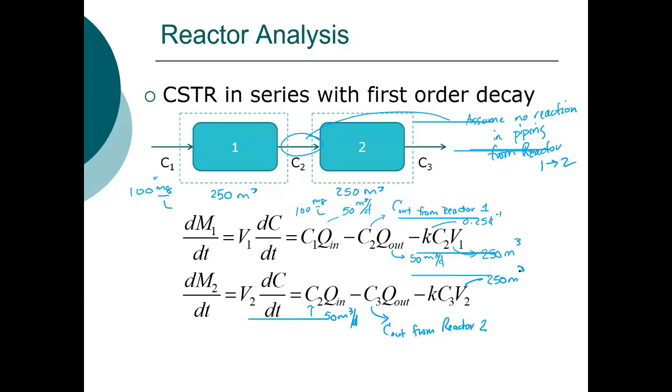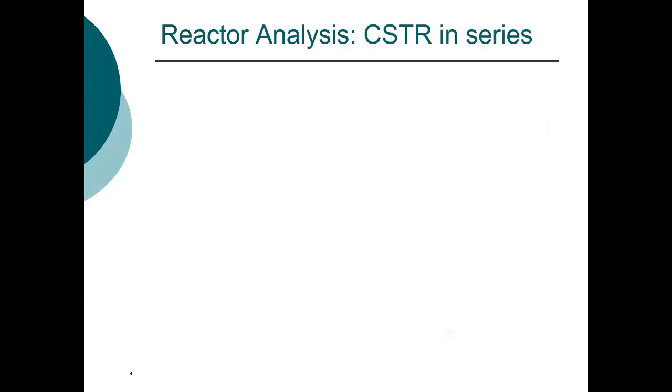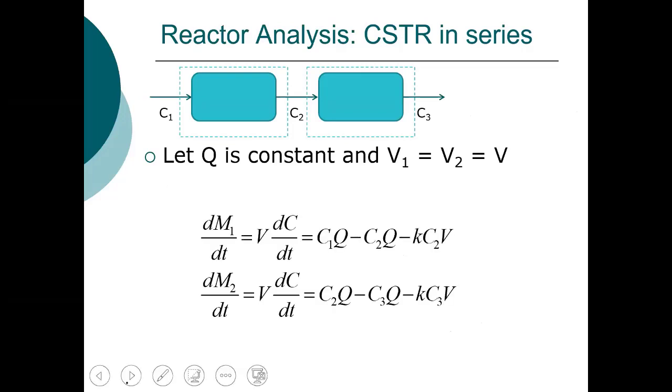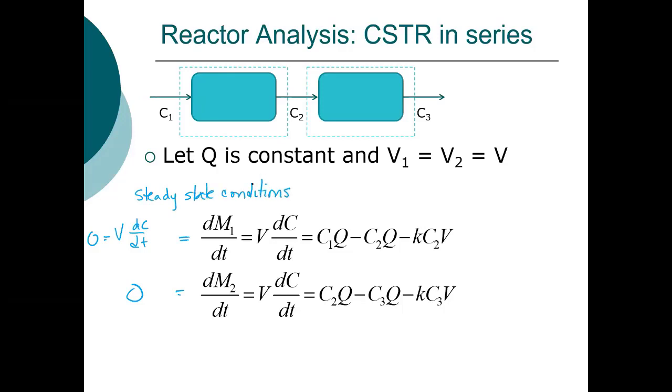Now we're only going to look at the steady state concentration. As I mentioned, most of our reactors in water and wastewater systems will operate at steady state. So I've described these as. Okay. So we have, as I mentioned, Q is constant, which means the volume is constant. At steady state, we can say that V dC/dt equals 0. So if we have steady state conditions, the change in mass with respect to time is equal to 0. And if we substitute in for these equations, and we'll solve